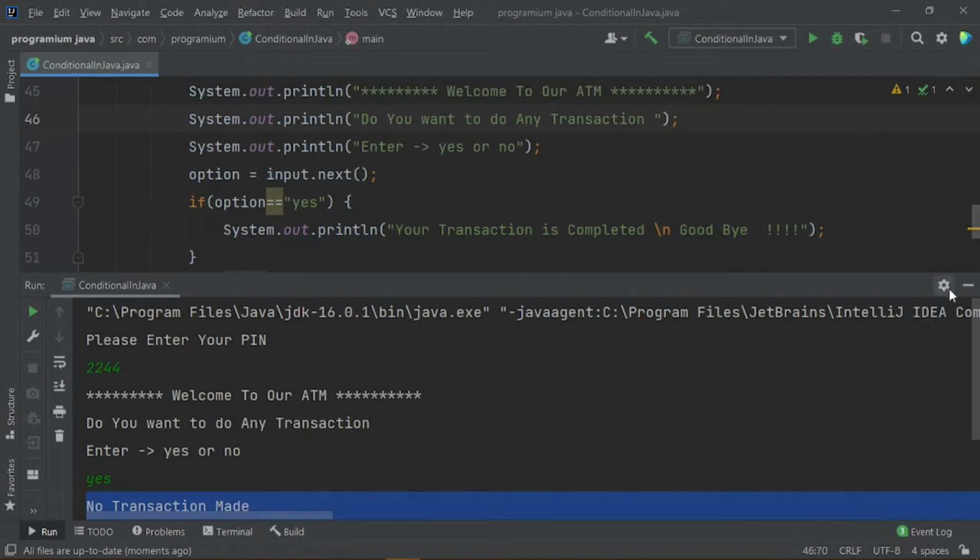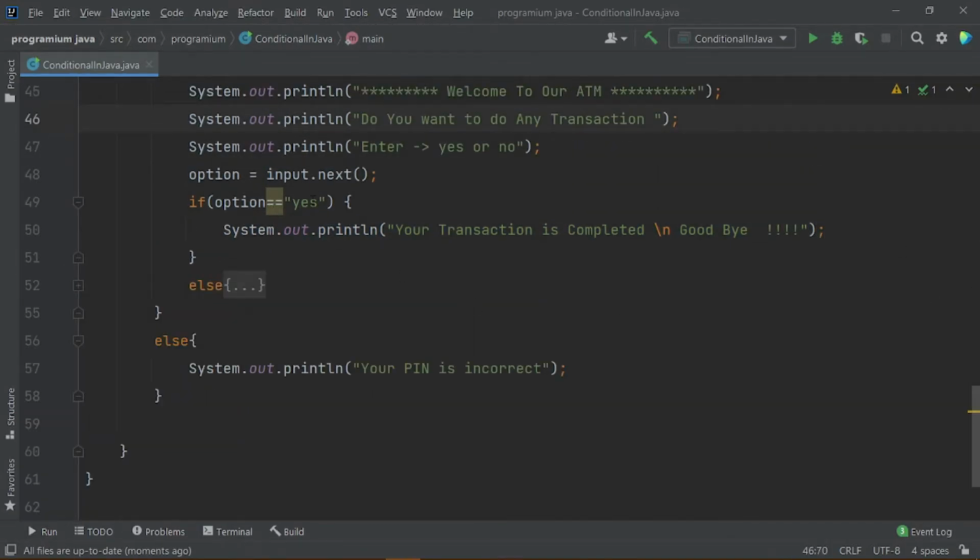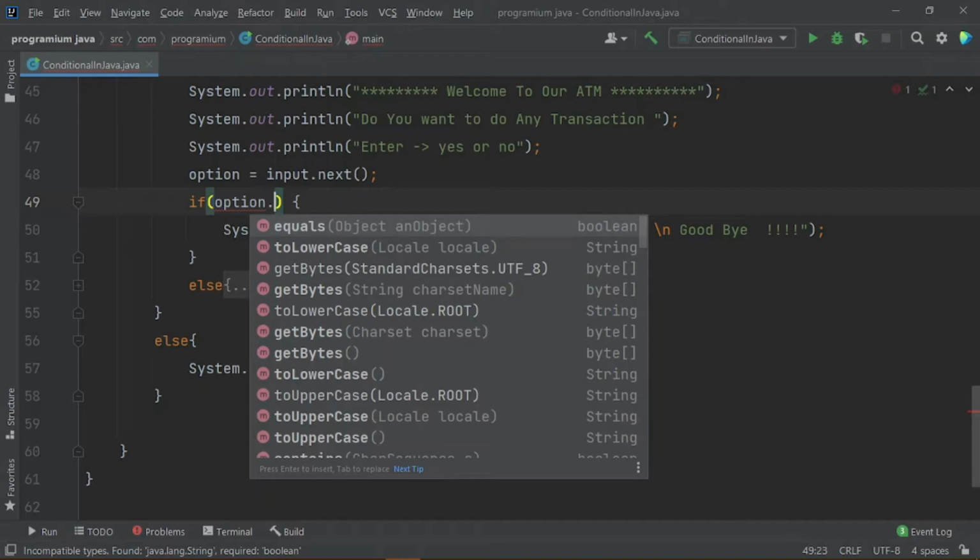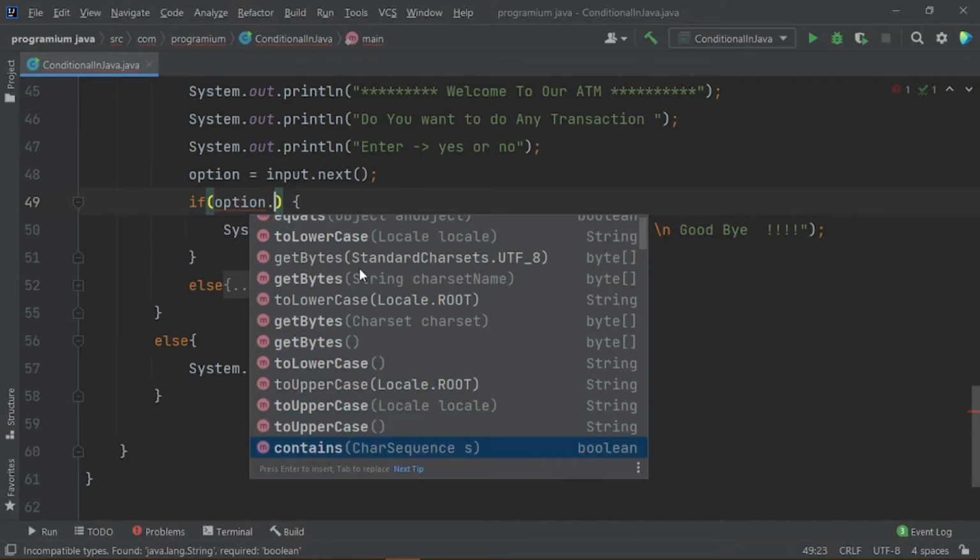So guys, here is an error I would like to show you. First we have to remove this and write option and put a dot here, and there you can see equals, toLowerCase, getBytes, a lot of options here.